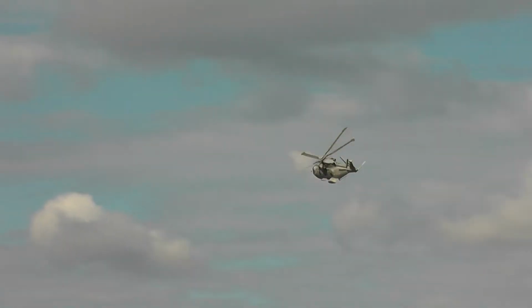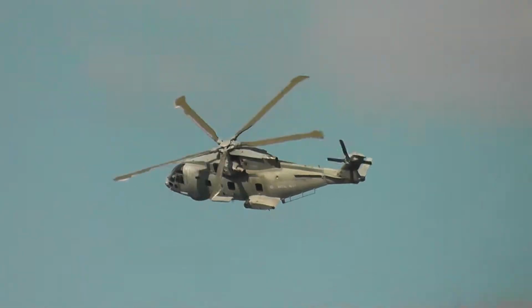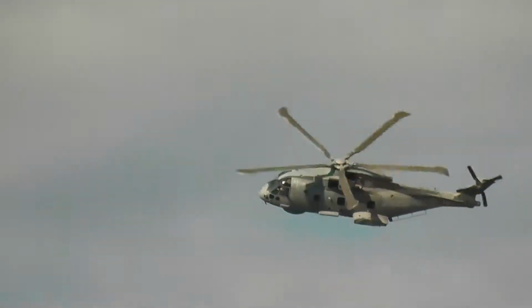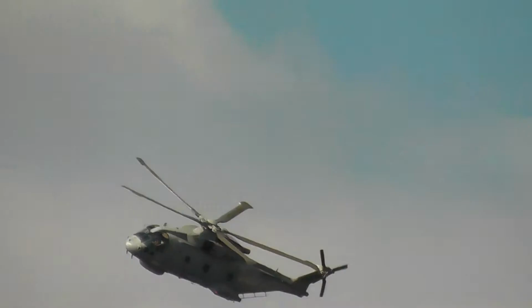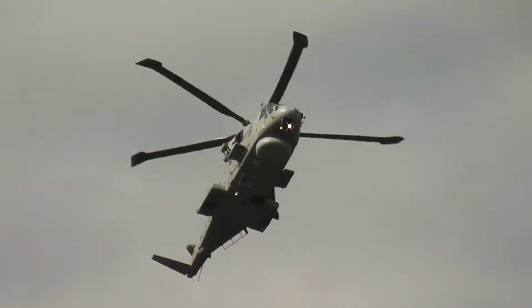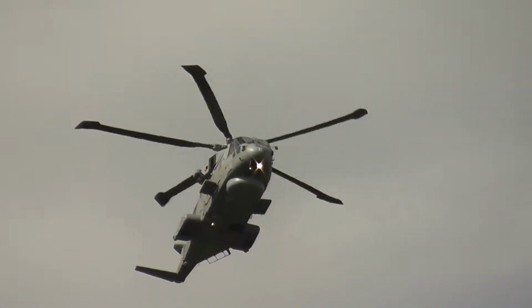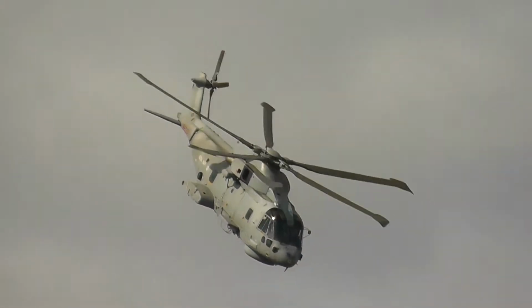Arguably one of the world's most technologically advanced anti-submarine and maritime patrol aircraft. This brings together a huge amount of defence industry resources from the Westland, led by... Yeah, this was an Agusta Westland product before the two companies even merged. They formed the EH Industries Consortium to conceive a multi-purpose, multi-role helicopter, and this was the result, known as the